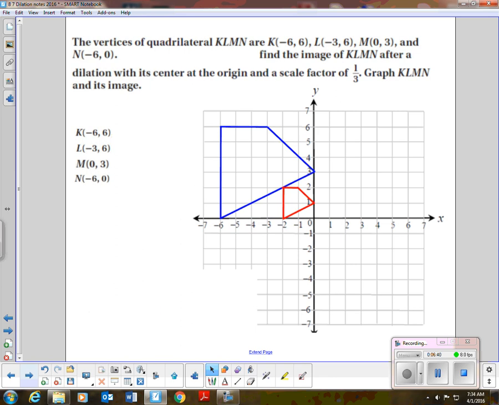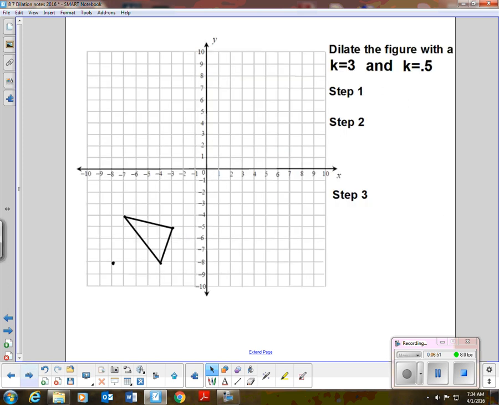Now, there's a few things missing on this. You should have your points labeled, and they should have prime numbers by them, so please make sure you put those in there. I didn't want to junk up the screen too much when I was originally typing this out. All right, so